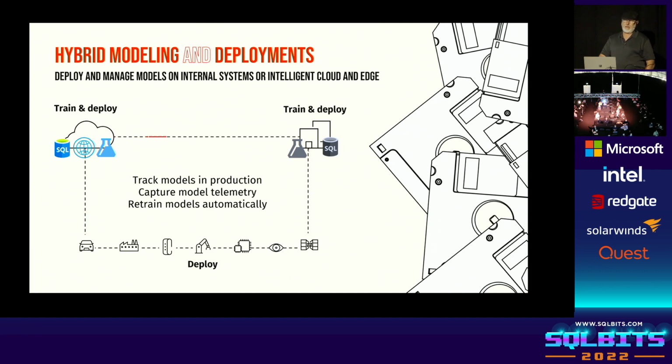Last thing we'll talk about, before we get into the meat and potatoes a bit, is the hybrid modeling deployments. So let me talk to you about the phases of machine learning. We gather the data in, we clean it up, we get it ready to where it can be used. Once it can be used, that's called data engineering. We simply look at it. We just look at it. We don't do anything else.